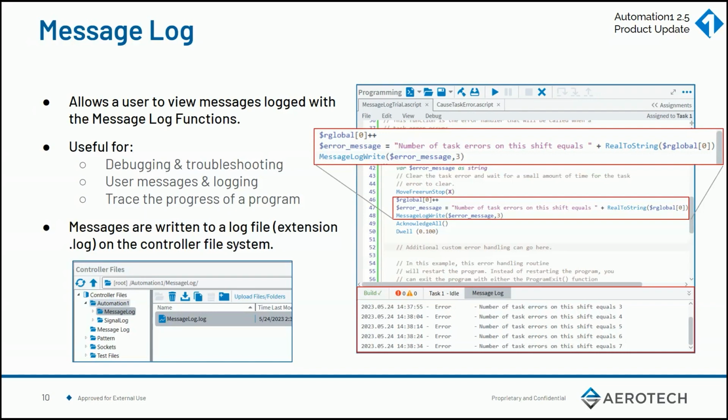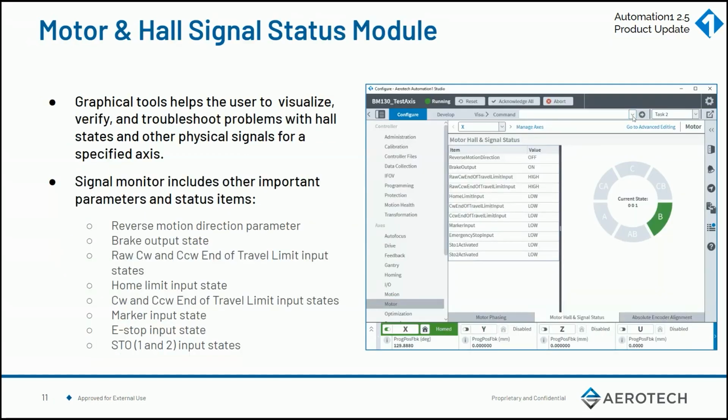Next is our motor and hall signal status module. And for those who like to set up motors, this is going to be a very useful tool. It's a graphical tool that helps the user to visualize, verify, and troubleshoot problems with hall states and other physical signals for a specified axis, really for the motor on that axis, but some other things that might be axis related as well. For example, not only do you see this nice animation here showing how the hall states are changing,